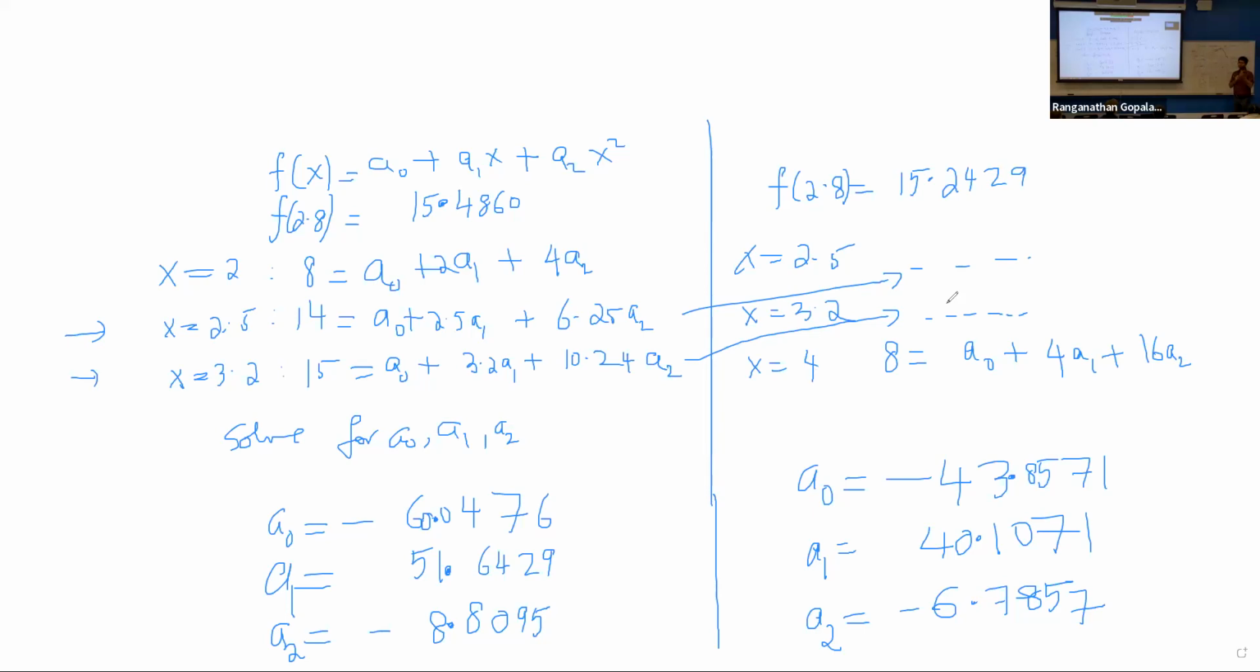If it's quadratic, it's always 1 more than the degree of the polynomial. Cubic, 4, and so on. So if you are thinking about a data set, for example, let me bring back that